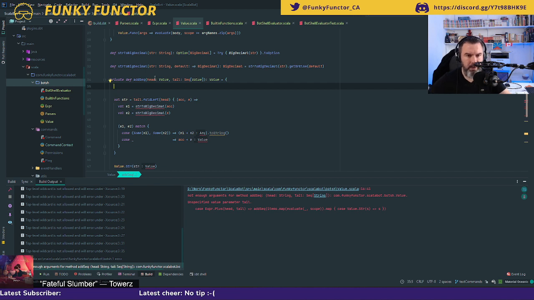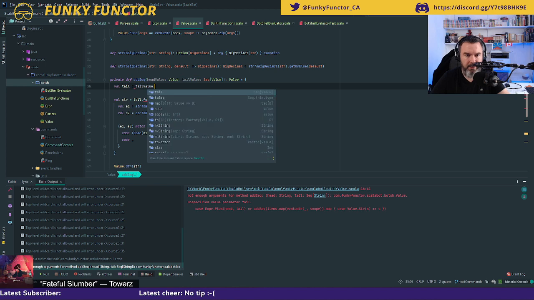So here I'm going to be calling this one head value and tail value, so that way I know what is what. And so val, let's think about it. So first of all, val tail equals, so now I've got tail value dot map, and I'm just going to map everything.